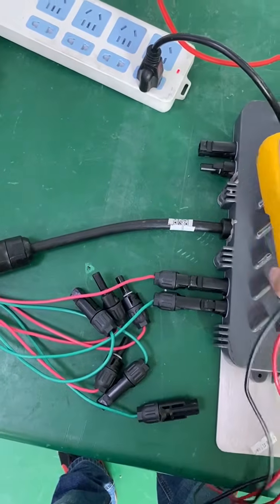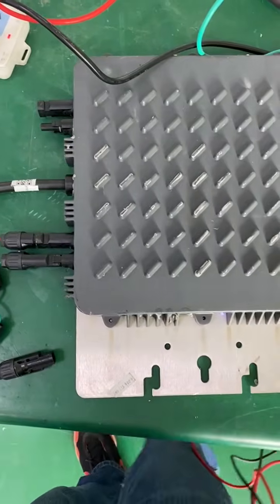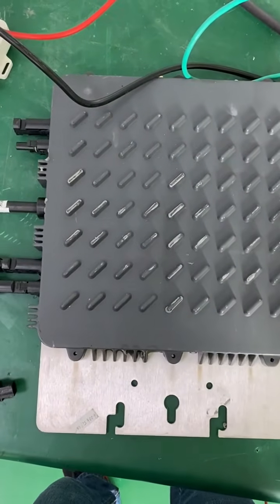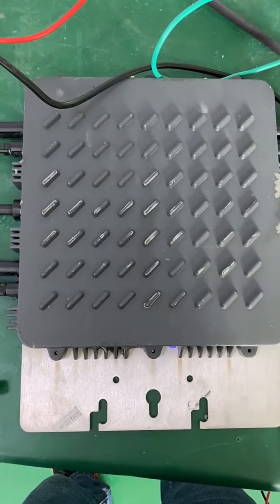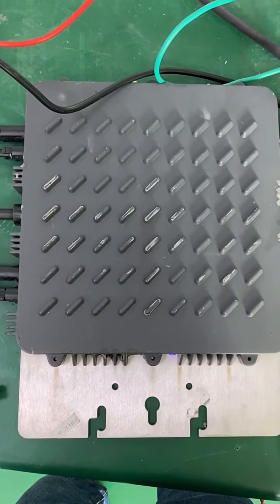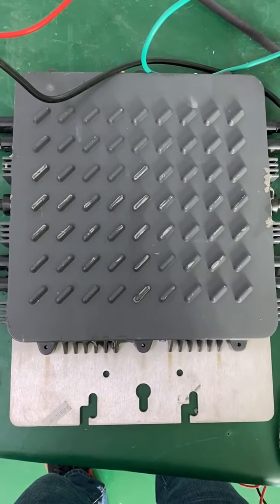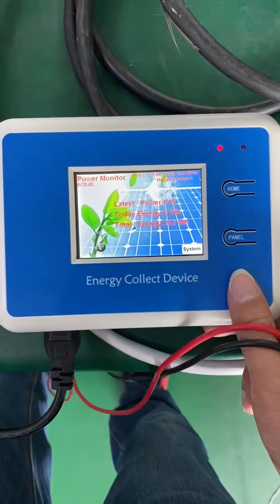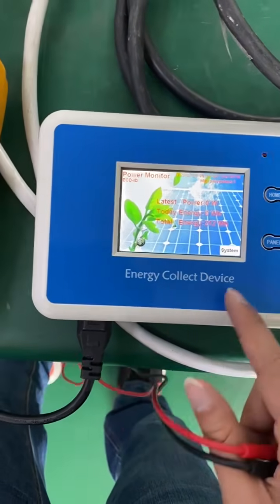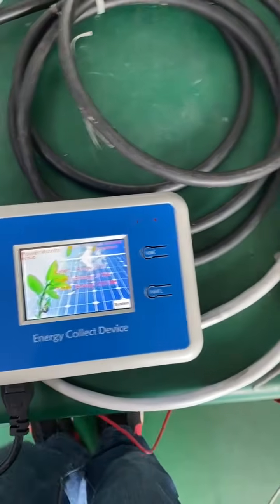Hello, I'm Cal. Today I'm going to show you how to use the ECD for the Deye microinverter. As we know, the first-generation Deye microinverter has to work with the ECD and the Wi-Fi module together. The ECD, this one, is used to communicate with the microinverter. And it also needs to connect